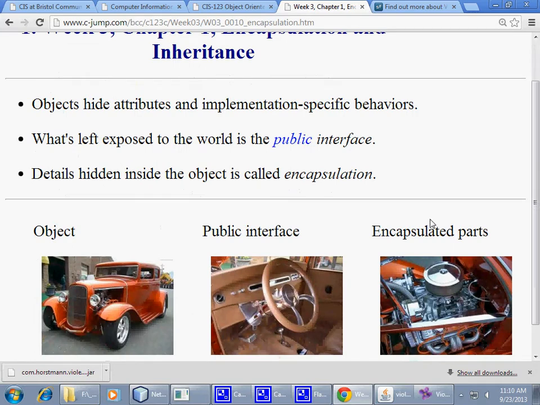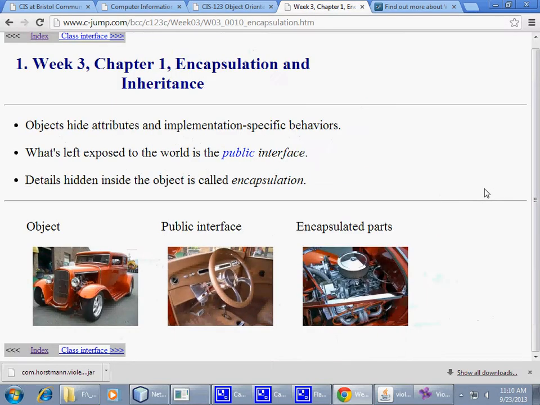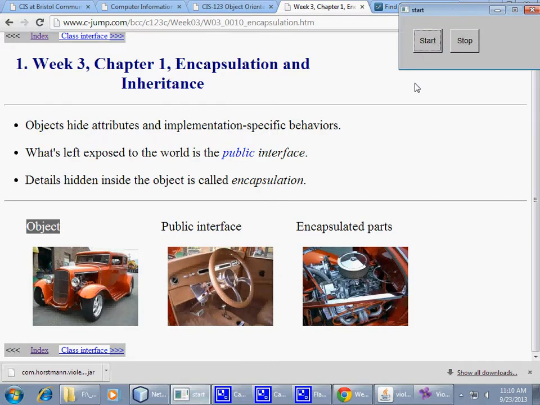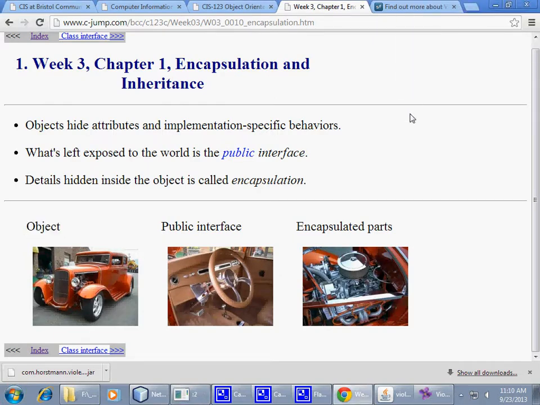So the first slide essentially talks about some of the conceptual stuff. You can see that we already started discussion about objects. That essentially an object is some sort of a nice shiny thing that is attractive. It's useful, and it comes with a number of things that we can do with it and use it in